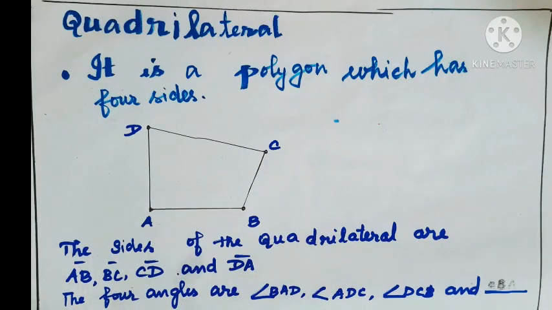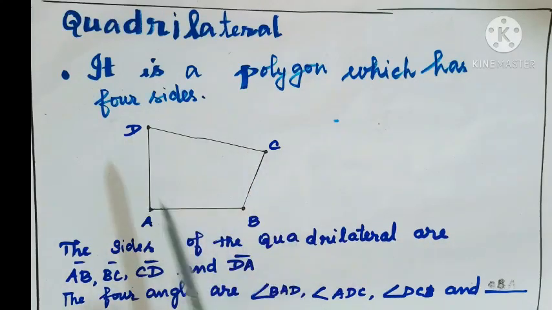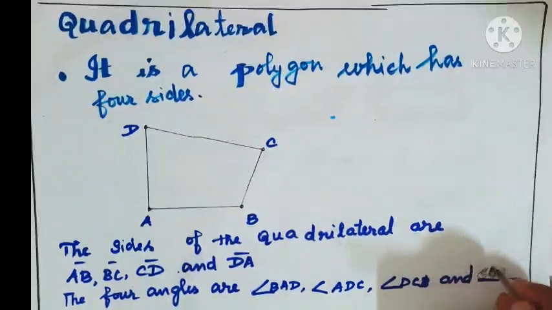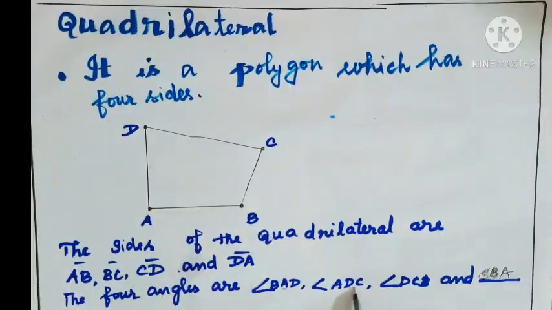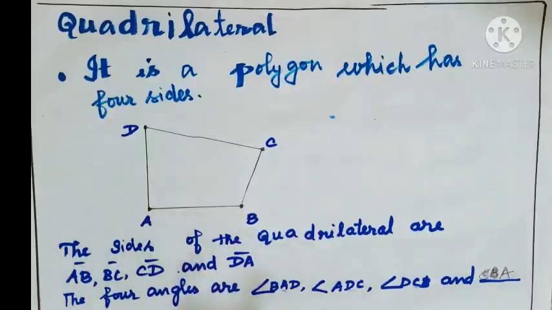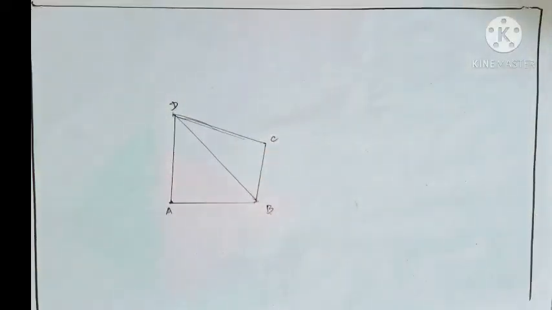Okay. The 4 angles, you know the angles, isn't it? So, the angles are BAD, ADC and DCB. Can you say the other angle? It is what? CBA, isn't it? So, the letter in the middle is the angle. So, when you write it, you have to remember that the angle comes in the middle. Understand? Fine.